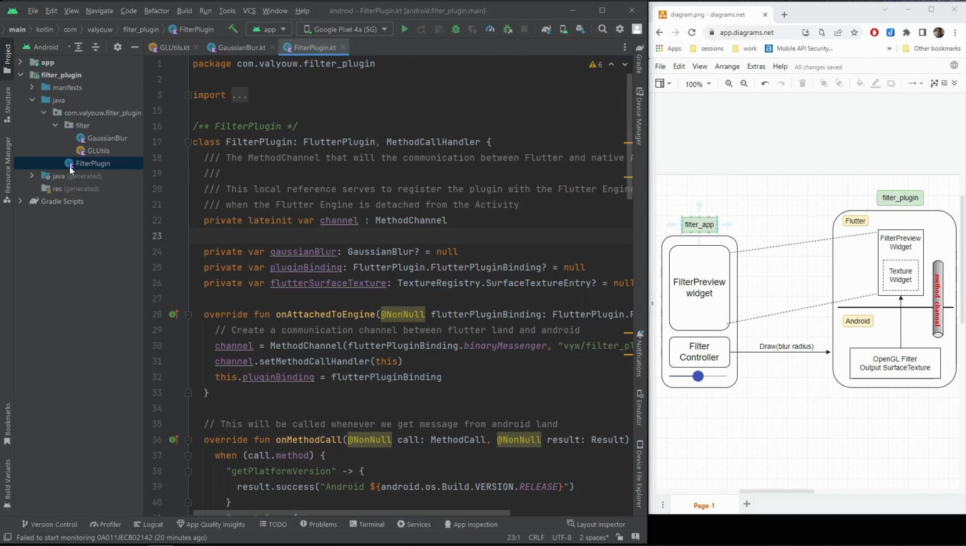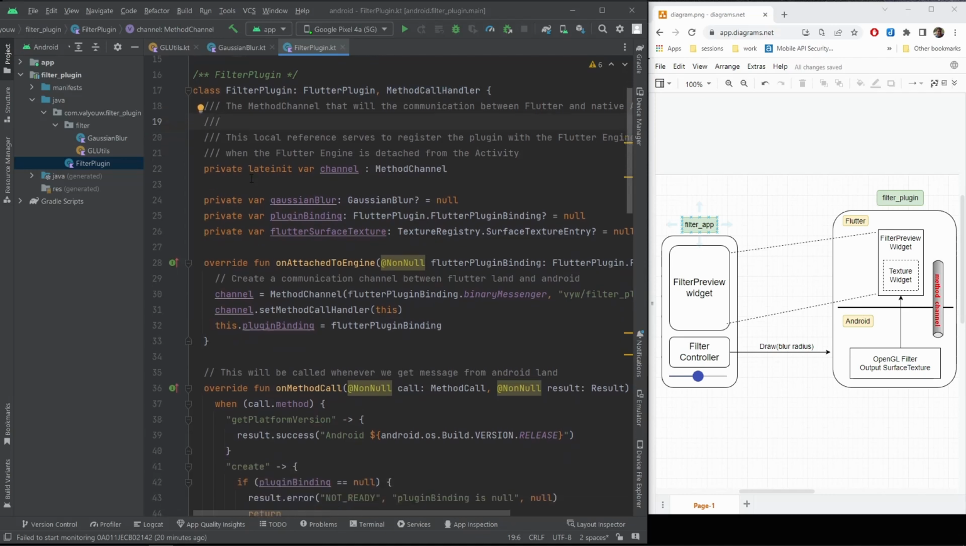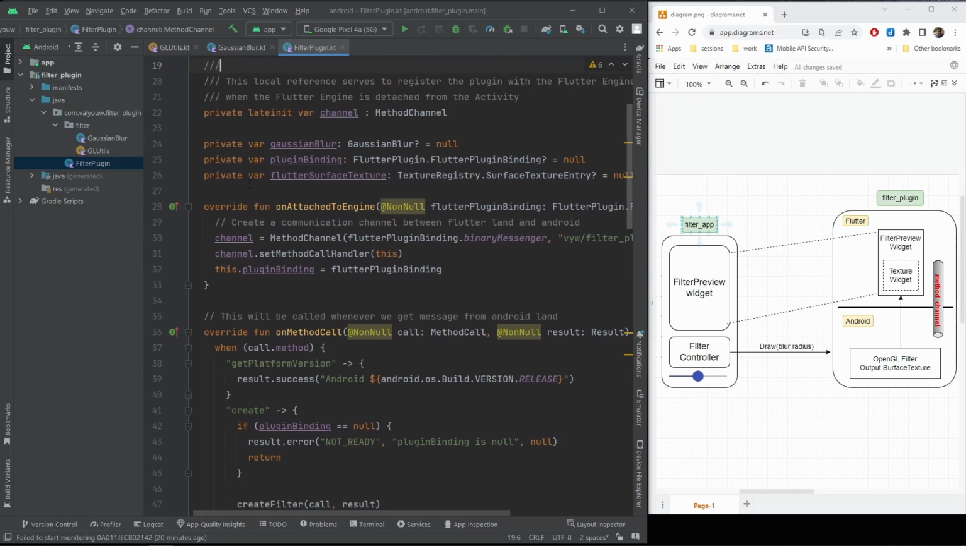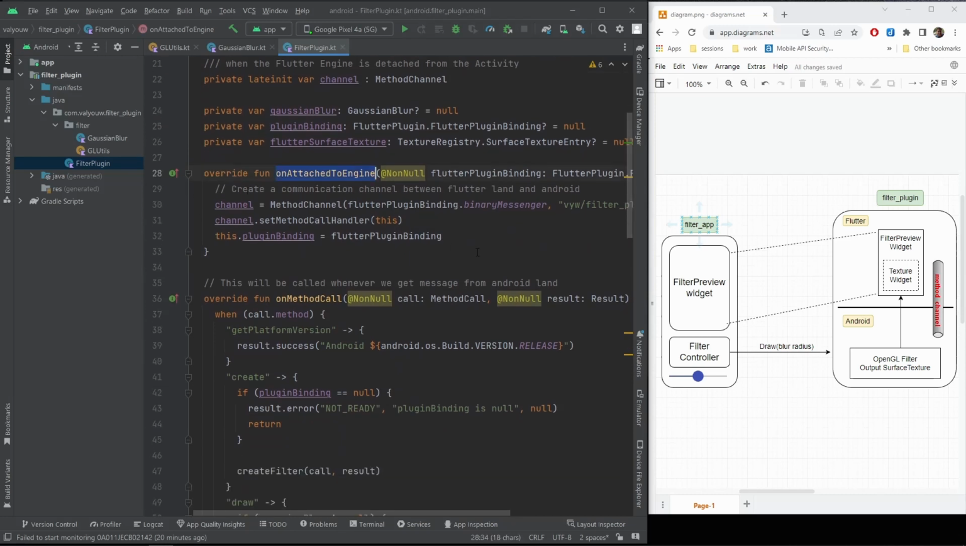Now in our Android Studio, we have the filter plugin. This is our class. It inherits from a Flutter plugin, and it implements the MethodCallHandler interface. This is like any other plugin. So what we have here is onAttachedToEngine. This method is going to get called when our plugin is created, and here we are going to create the